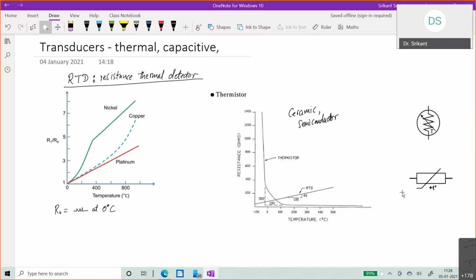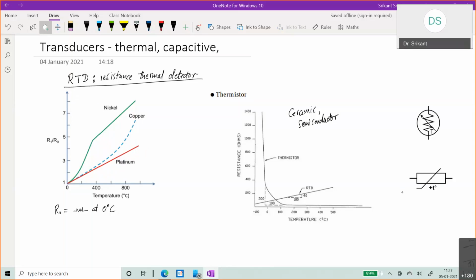That you have those RTDs, which are usually metals. Now, tomorrow, if somebody comes up with an RTD which has a non-metallic substance, what can we do? So usually it has been metals, and they prefer to have pure metals. These are especially used in very low temperature experiments or where you want very precise measurements, because when you have a pure metal, it is not contaminated by any other material and the behavior is